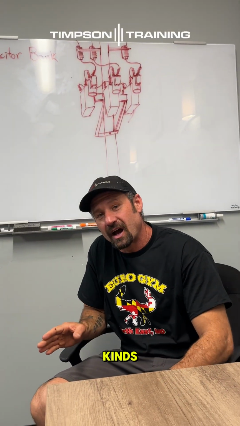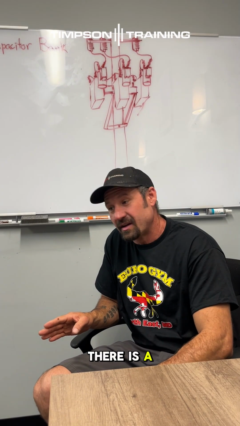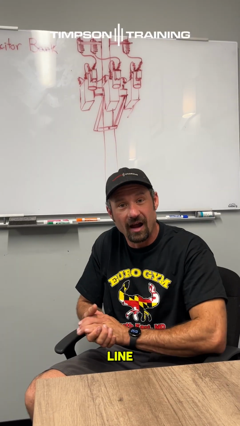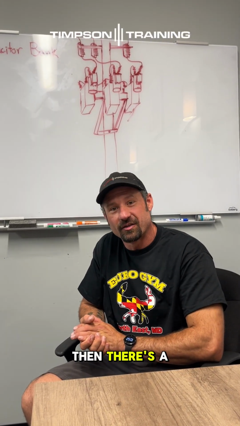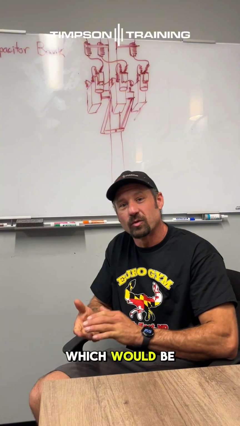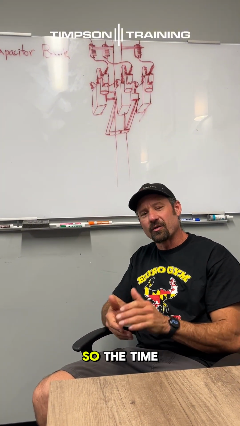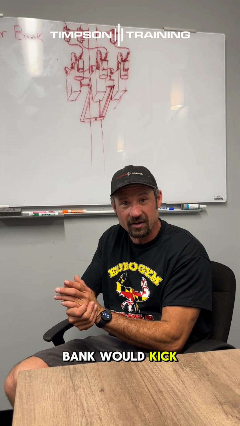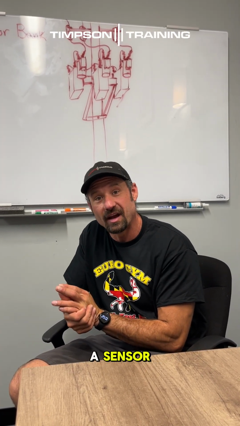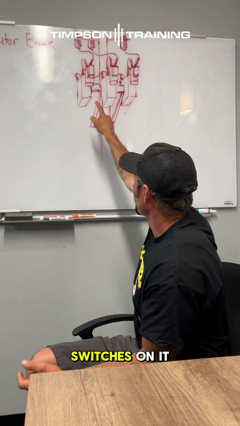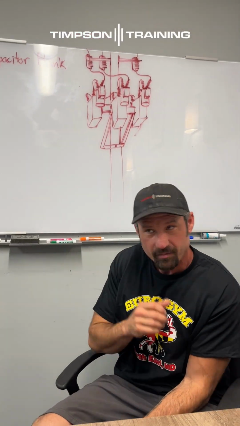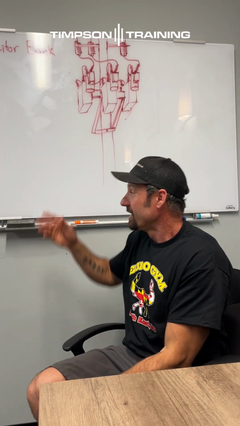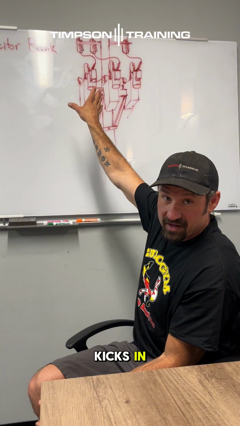There's a few different kinds that you're going to see in the field. There is a fixed bank, which is where the capacitors are hardwired to the line and they're on all the time. Then there's a timed bank, which would be on some type of time clock. So the time clock would click on at peak hours and the capacitor bank would kick on. And then there's a bank with a sensor that has switches on it, like the one I drew. And when that sensor reads the power factor and the power factor is low, the bank automatically kicks in and